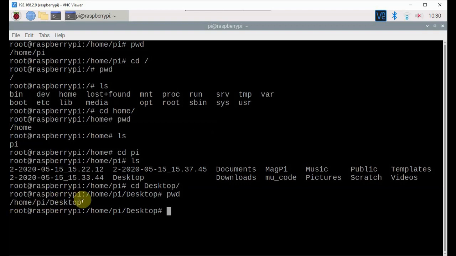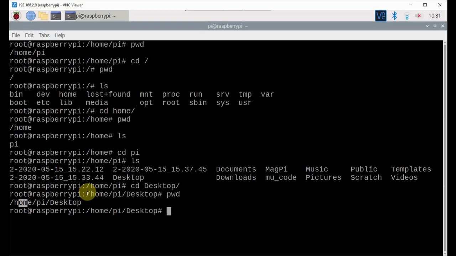So if you see this file organization, desktop is a child directory of the py directory, which is a child directory of the home directory, which is a child directory of the root directory. Otherwise, the root directory is the parent directory of home, which is the parent of py, which is the parent of the desktop directory.